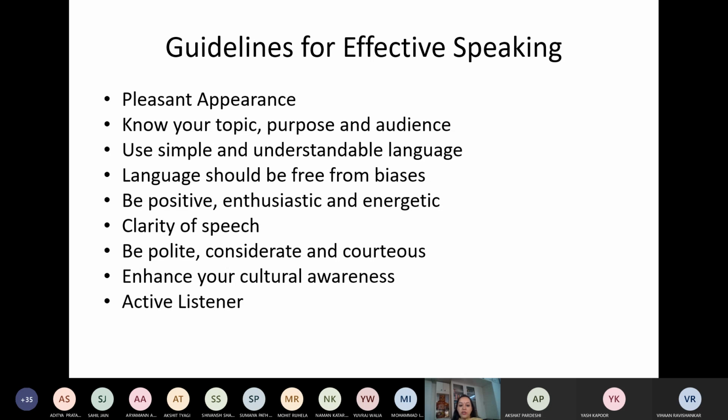Now your attitude always has an impact on the audience, be it a person you're striking a conversation with or your audience as a presenter when you're giving a presentation or delivering a speech, right? Yesterday only we were attending one FDP on happiness, and one thing that came out from this FDP was that we must encourage ourselves and we must encourage our students to use positive words, positive communication.